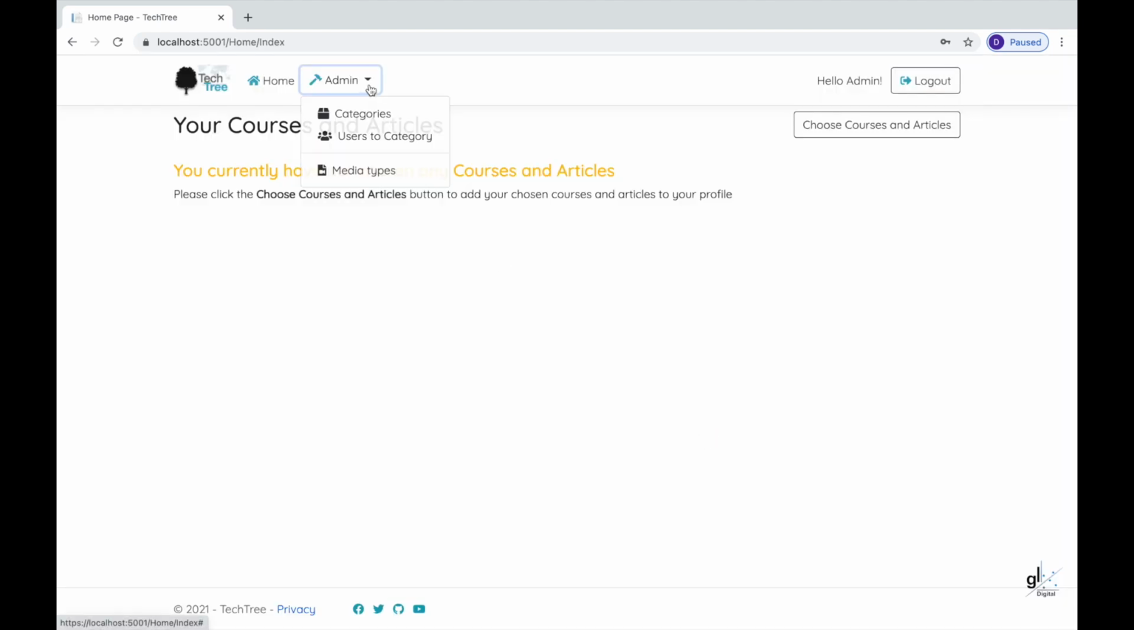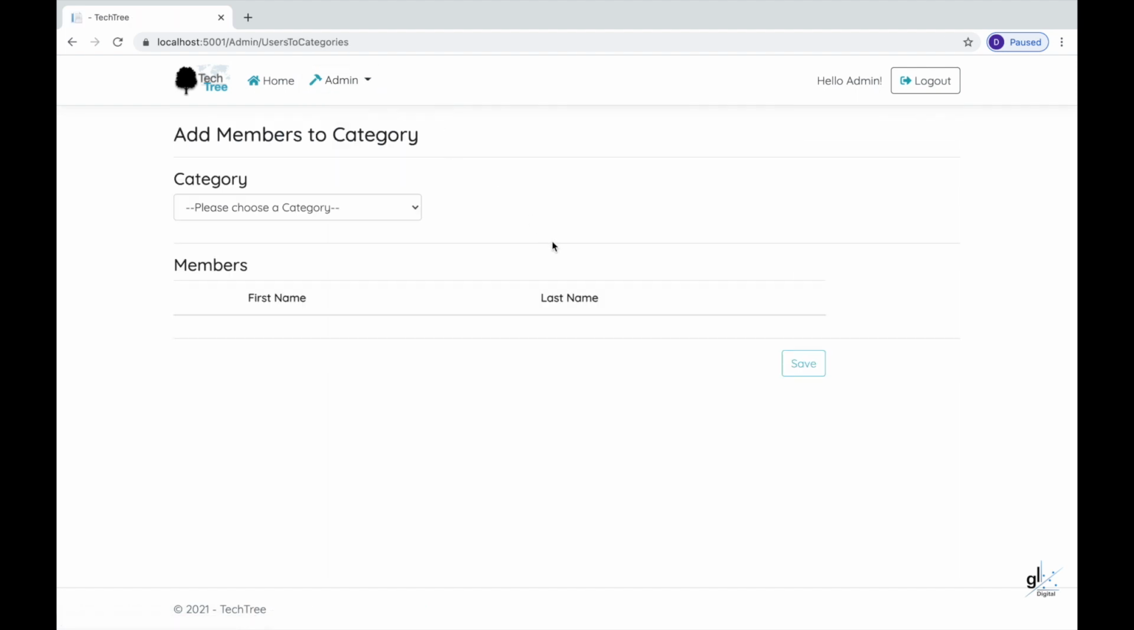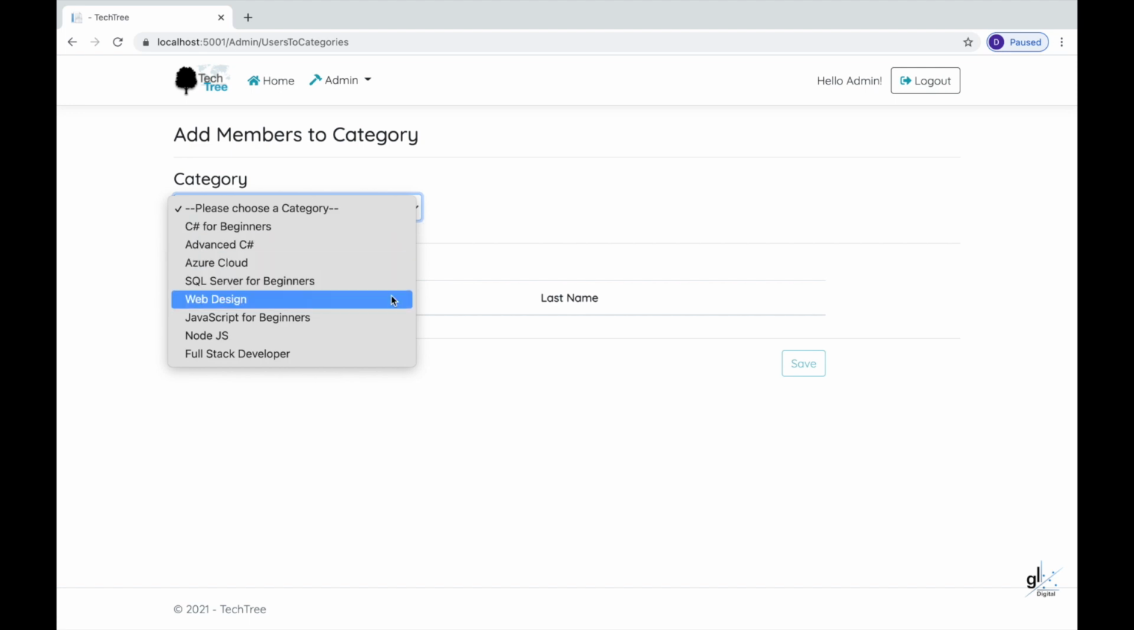Let's click the admin menu and select the Users to Category submenu item. You can see there are 2 sections to this view. At the top, we have a list of categories in a drop-down list. When we select a category from the drop-down list containing all categories currently saved to the system, a list of